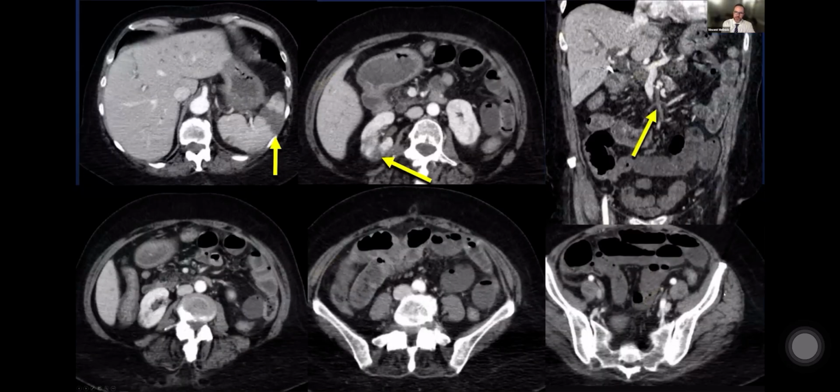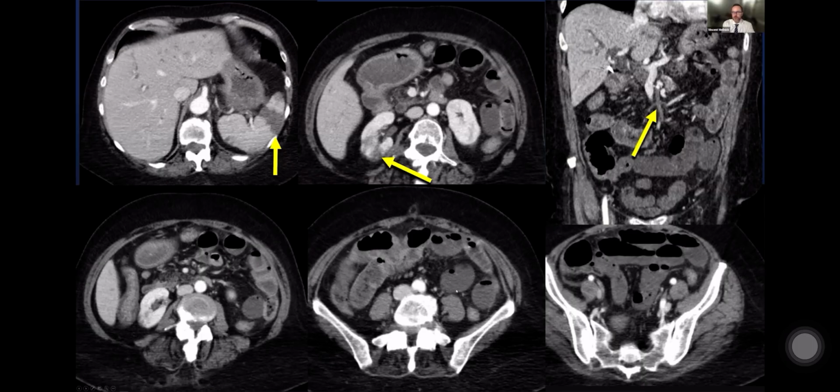Contrast that with this case. This is a patient who has some infarcts in the right kidney, infarcts in the spleen, and gray attenuation of the small bowel. This small bowel is attenuating less than the muscle. You also can't differentiate the fluid in the small bowel from the wall. This look should really strike you as abnormal, but I find these cases are the easiest ones to overlook because